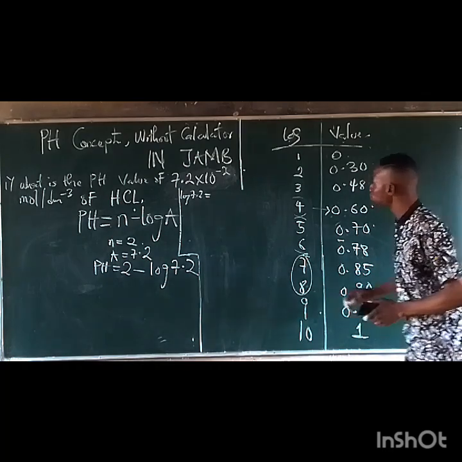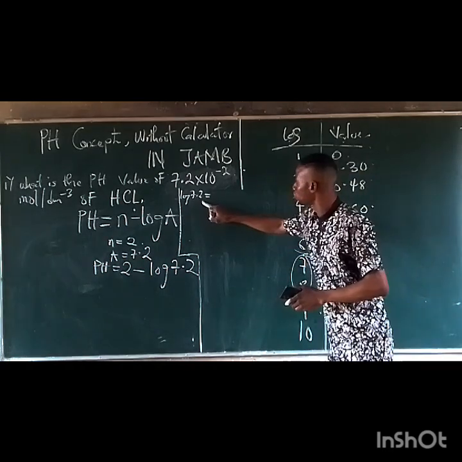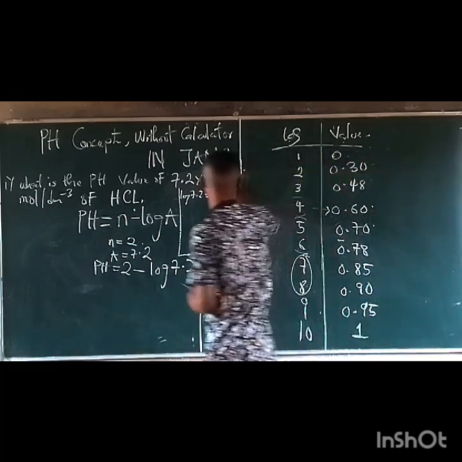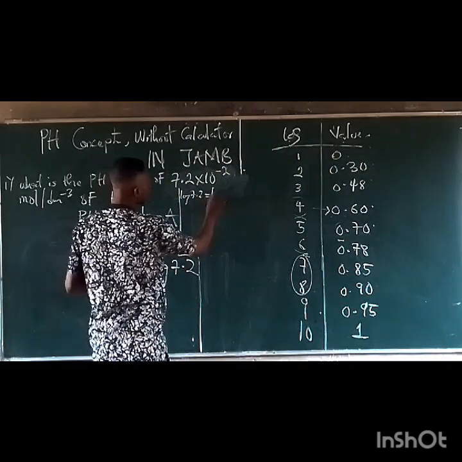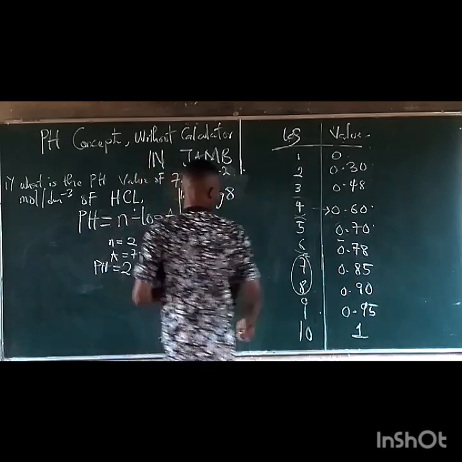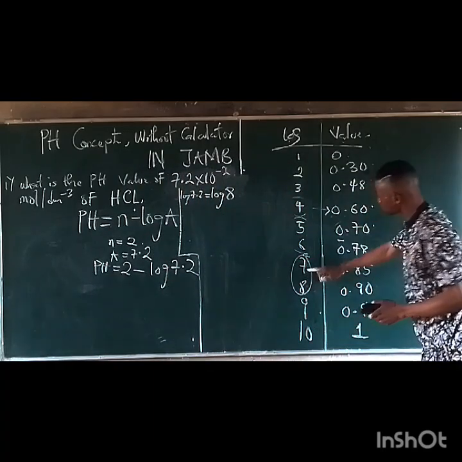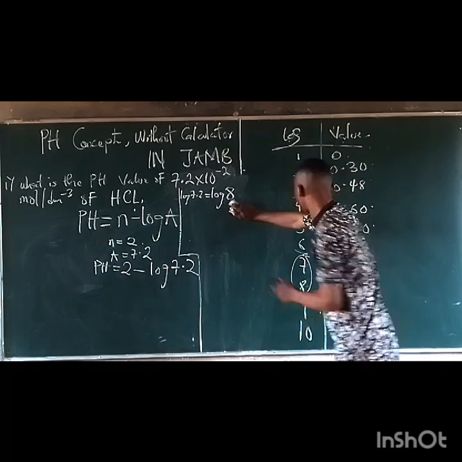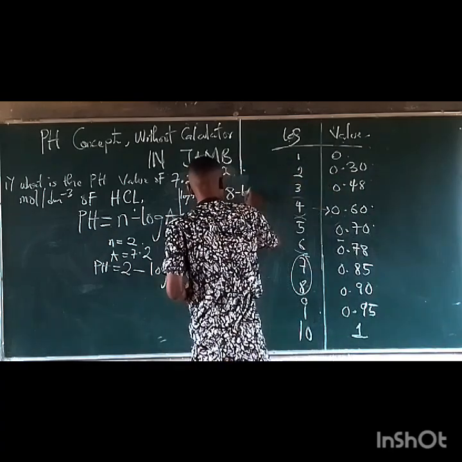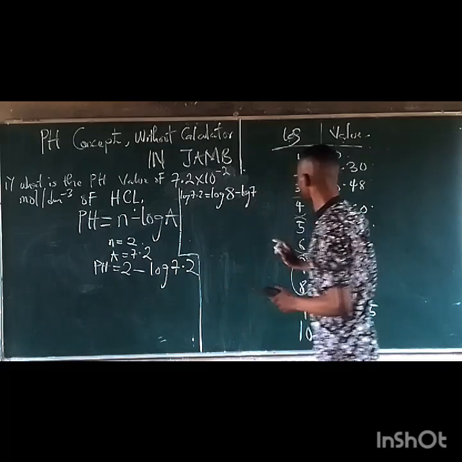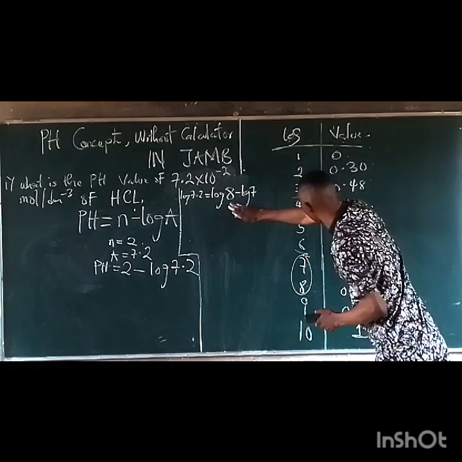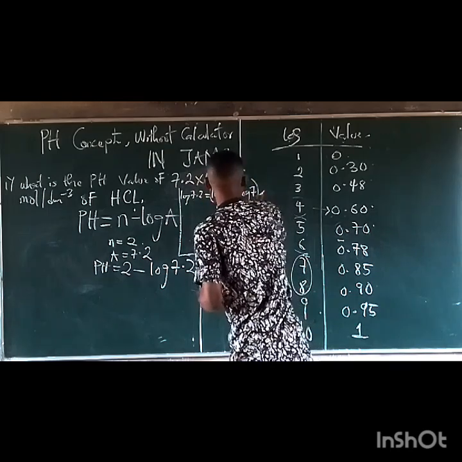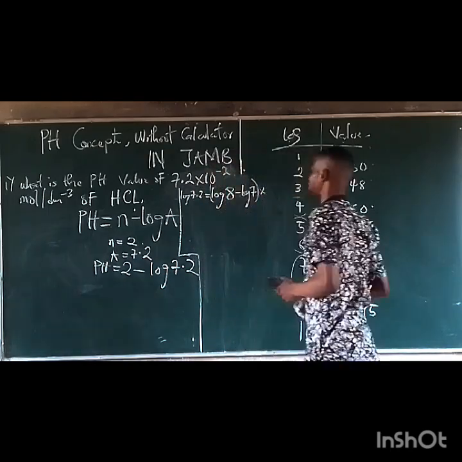So this log 7.2 now, this is what you do. We already know that it's between 7 and 8. But we now say that it is equal to log 8 and log 7. Which one is the biggest? Log 8. So we're supposed to write log 8 first, minus log 7. Look at the condition to this one. You write log 8 first. You now set minus log 7. You now put everything in bracket like this. You now multiply it by